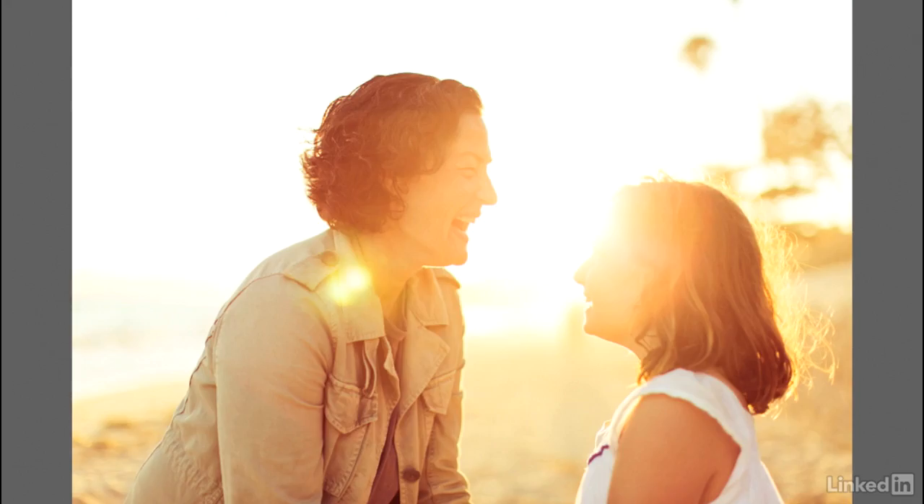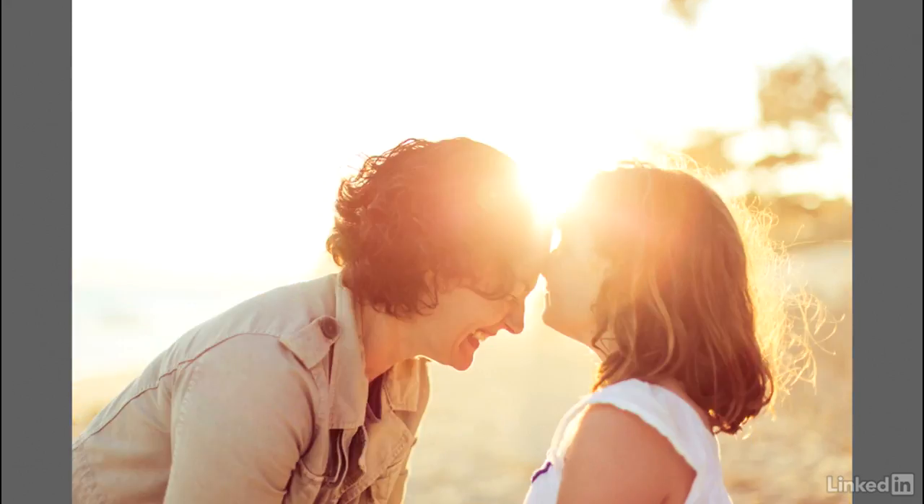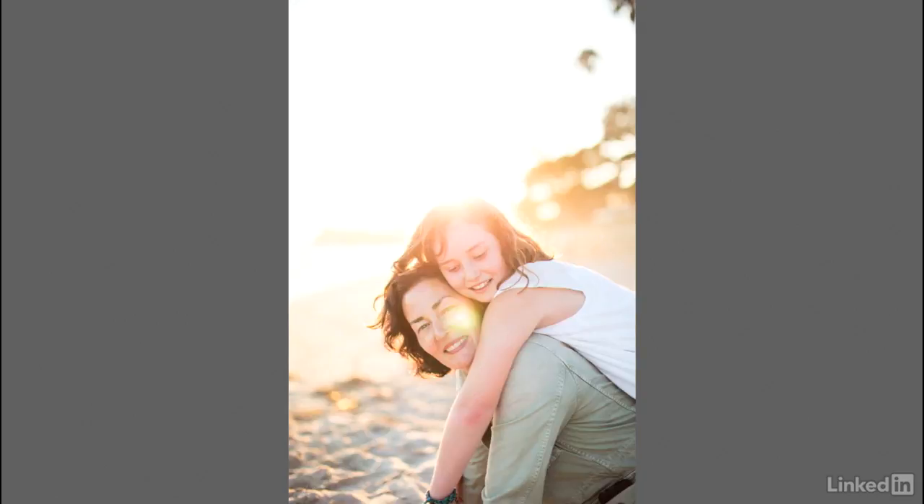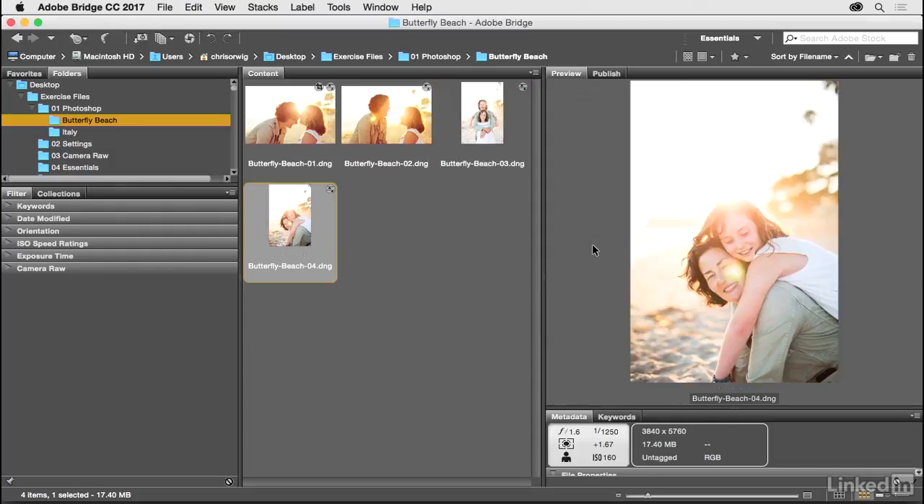Here, I'll tap the left arrow key to move backwards through the set of photographs or the right arrow key in order to move forwards. When we're ready to exit out of full screen mode, all you have to do is just tap the spacebar key once again. All right, well, let's go back to the Italy photographs and let's talk about the next topic